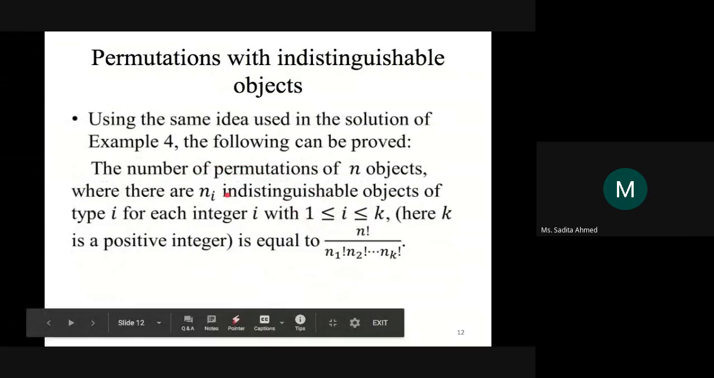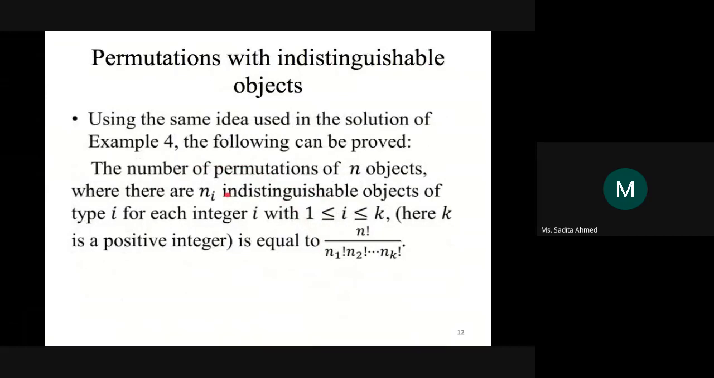Does it make sense, guys? Yes, ma'am. Okay, in that case, if it's clear,